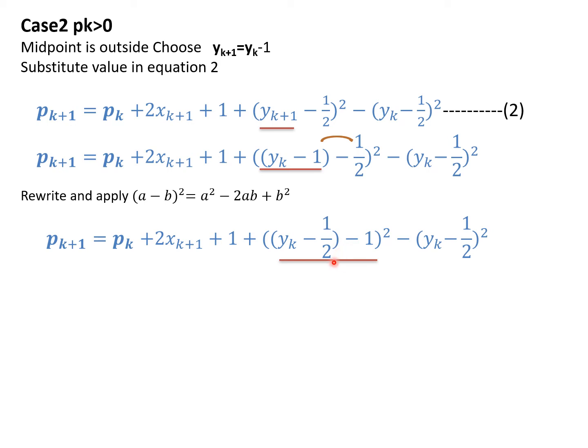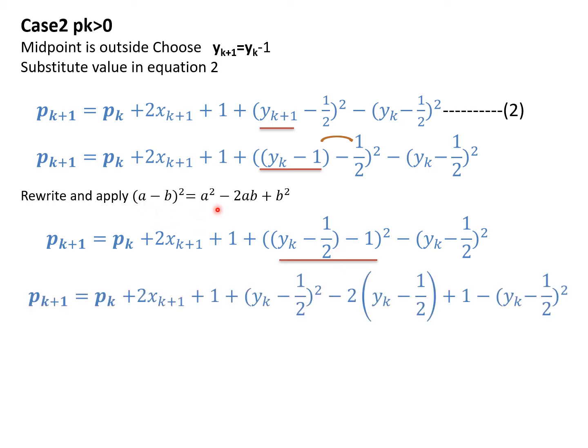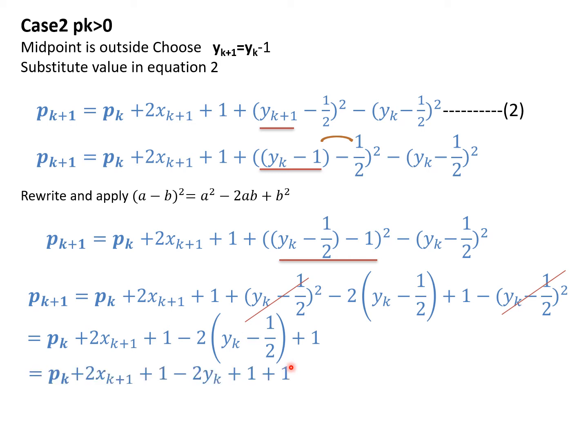So this term is further expanded by using a minus b whole square, and then we get a square minus 2ab plus 1. Now if we again look into this part, two terms cancel out, and the equation further reduces to this. Let us simplify this representation more. The next decision parameter is this, plus we expand this term, we remove the bracket, and now we have 1 minus, this gets added up to 2, take out 2 as common, and this is yk minus 1. So this is actually the next y value.